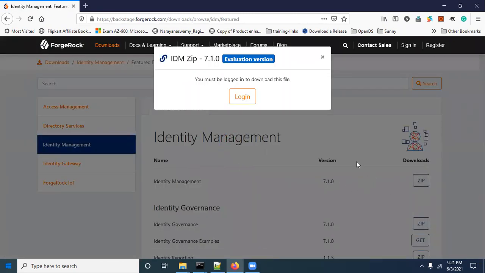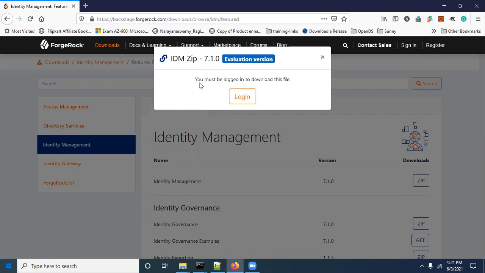When you click on the zip, it says you must be logged in to download this file. So you have to log in. If you don't have an account, you have to register on the Backstage website, and only then can you download the software. When registering on the Backstage website, we need a corporate email ID; public domain email IDs like Gmail, Hotmail, or Outlook are not accepted.